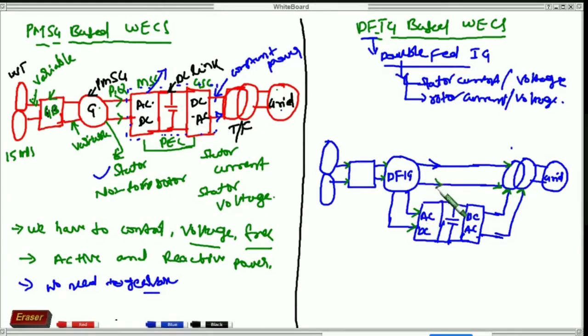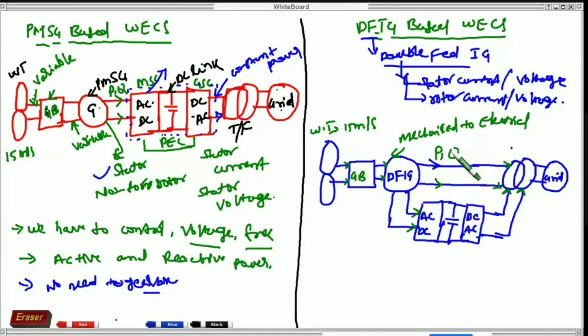So here, this is the wind turbine, and this is gearbox, where wind turbine speed is 15 meter per second, and the DFIG will convert mechanical to electrical, right?